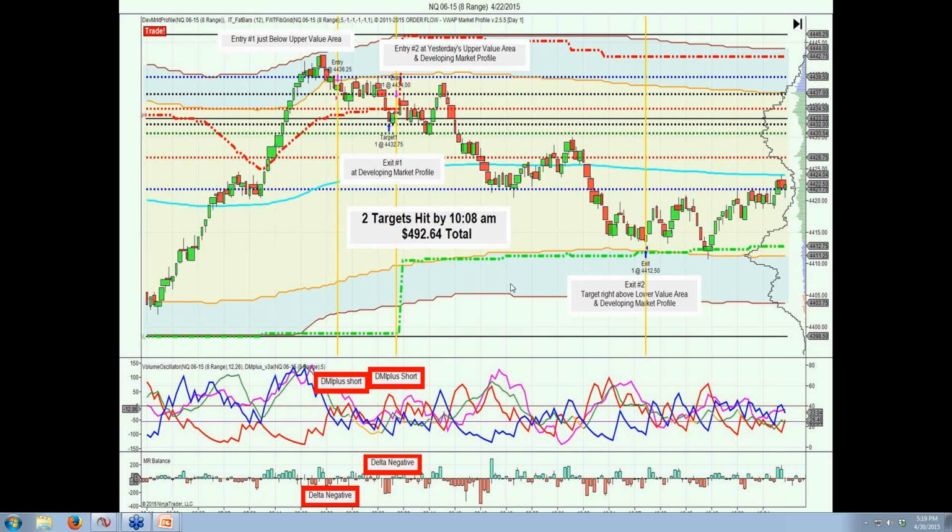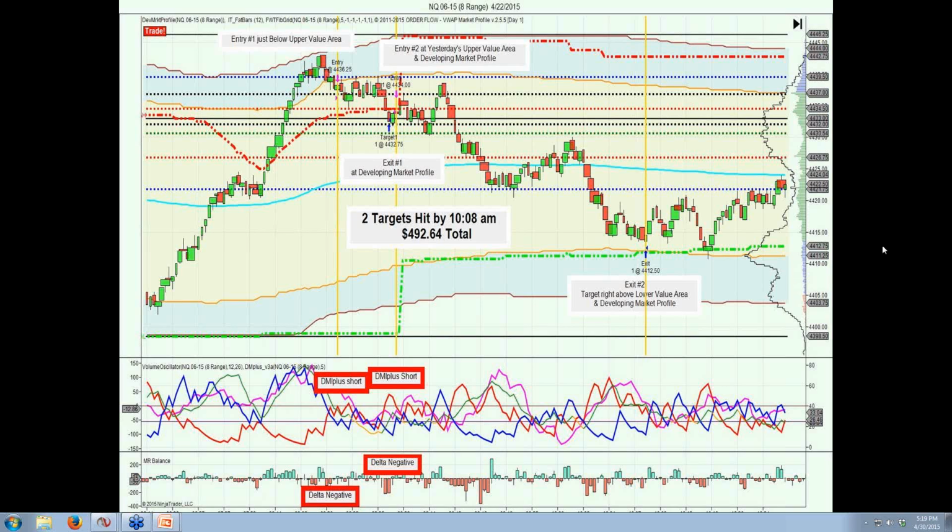Actually, I didn't manage my stop at all. I just left it up there. I figured, okay, I'd win or I'd lose, which is not great stop management, but that's what I did on that trade. And if you look down below, these are two indicators that Maria gives you among many. And they confirmed the red line was going up with DM plus short, and the delta was